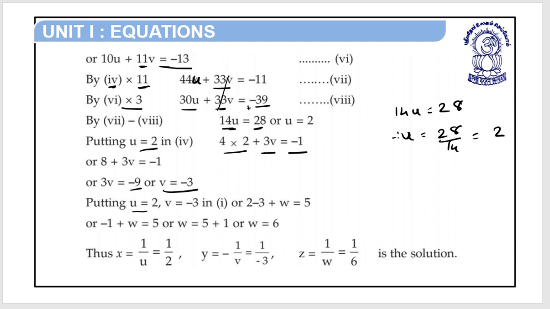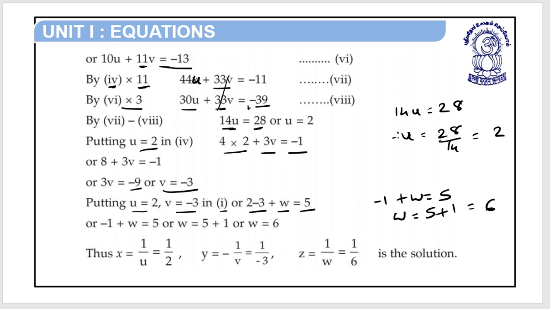U is equal to 2, v is equal to minus 3 in equation 1, so 2 minus 3 plus w is equal to 5. So minus 1 plus w is equal to 5. So w is equal to 5 plus 1 is equal to 6. Now